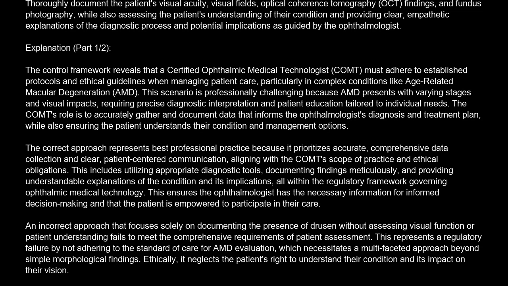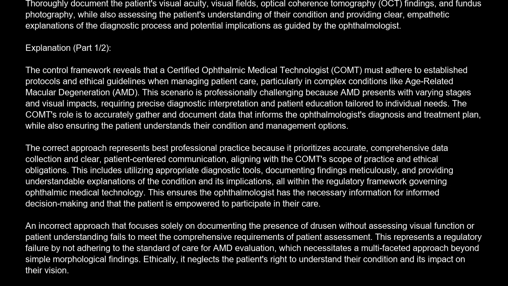The correct answer is C. Thoroughly document the patient's visual acuity, visual fields, optical coherence tomography (OCT) findings, and fundus photography, while also assessing the patient's understanding of their condition and providing clear, empathetic explanations of the diagnostic process and potential implications as guided by the ophthalmologist. Explanation. The control framework reveals that a certified ophthalmic medical technologist, COMT, must adhere to established protocols and